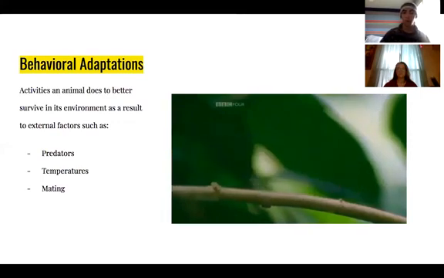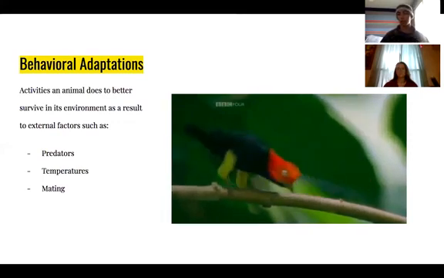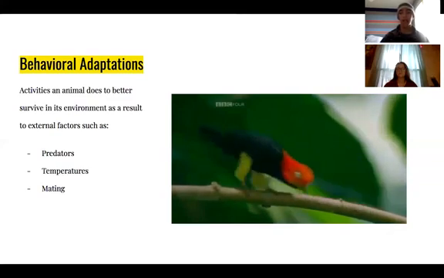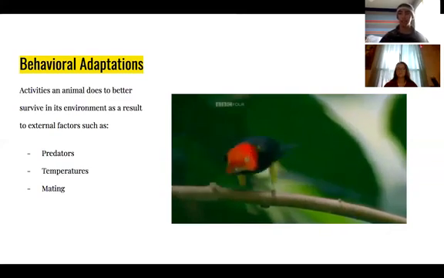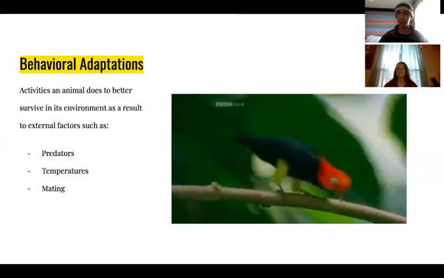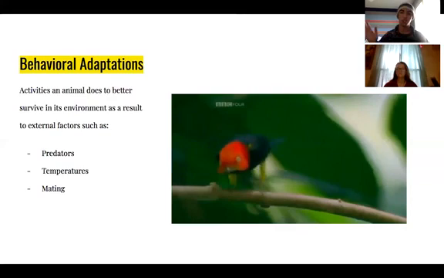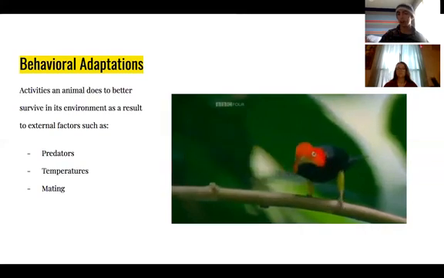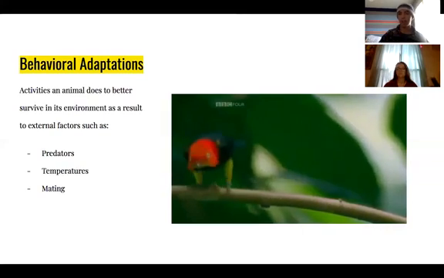Okay, so all of these adaptations that we just talked about, physiological, structural, and behavioral, do we all think they happen naturally? Actually, they all happen naturally, and that means they happened without human input. They happened by themselves. These animals change to their surroundings by themselves, because it always starts with one animal, maybe, that's born with a favorable trait, and if that trait helps them live, then that trait will get passed